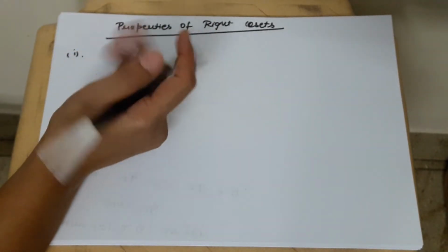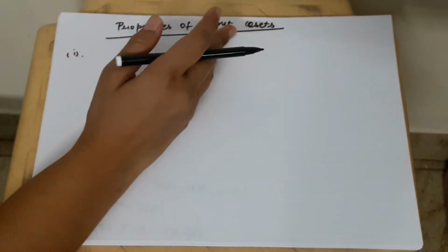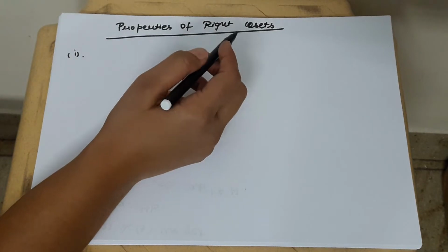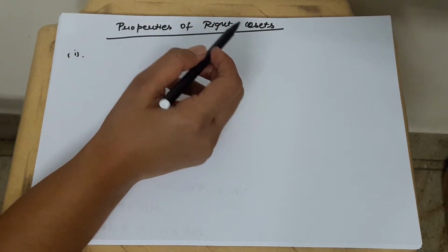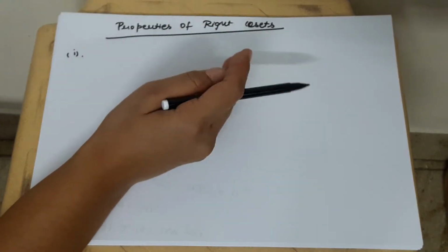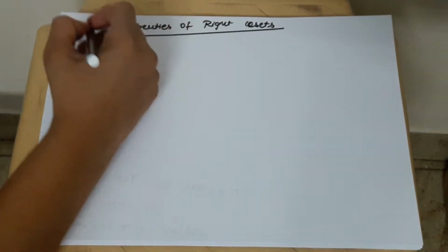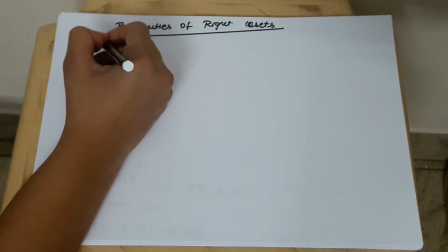But before I begin, I want to tell you that in order to understand today's video, you need to understand all the videos I have uploaded on the basis of cosets, because if you do not understand the meaning of the concept and the examples based on it, you will not be able to understand its properties. So let's start with the first property.